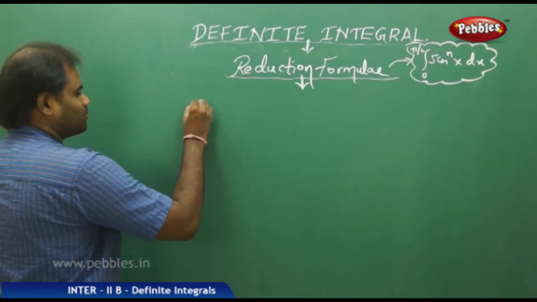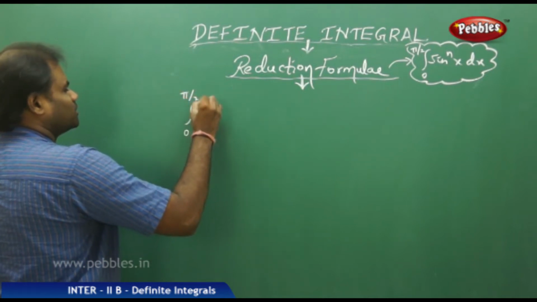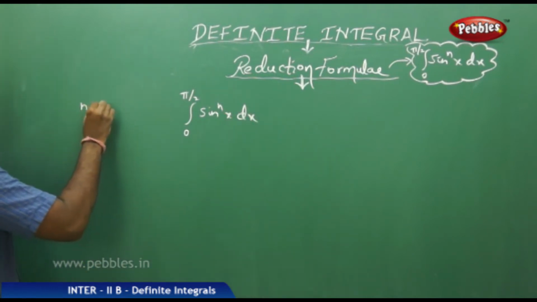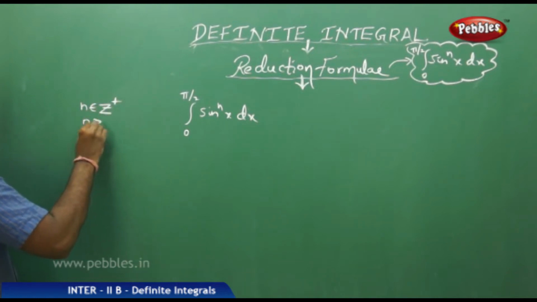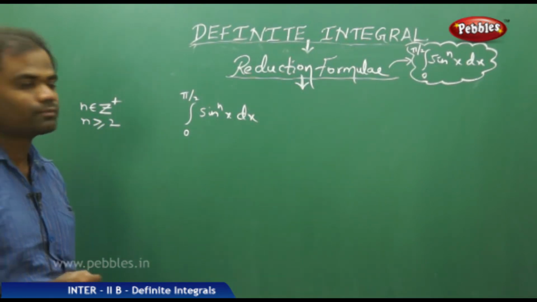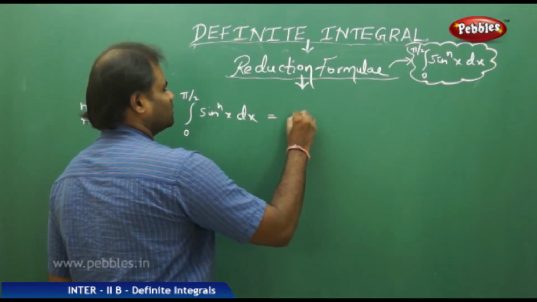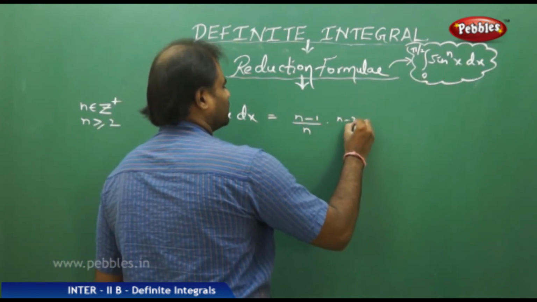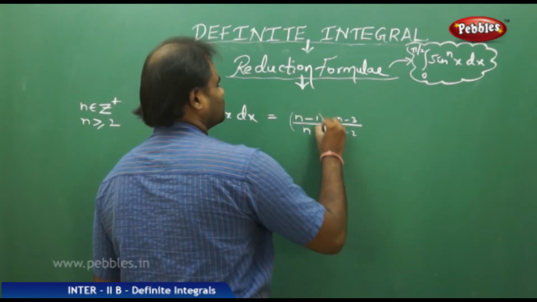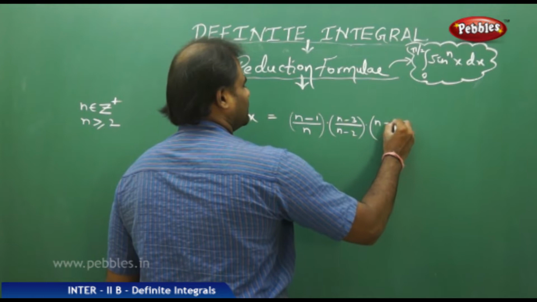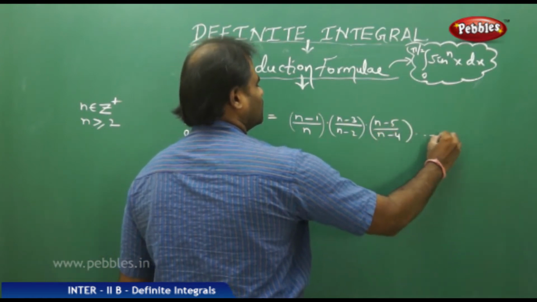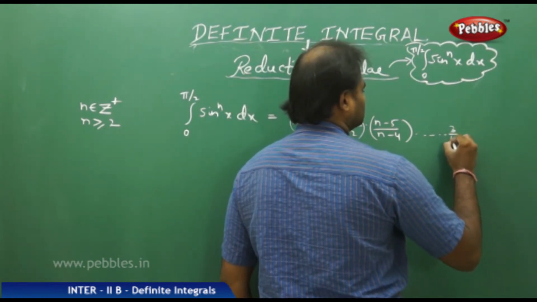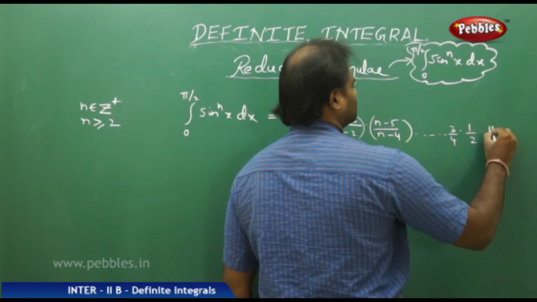If I wanted to find the integral of 0 to pi by 2 of sine power nx dx, where n belongs to positive integers and n is greater than or equal to 2, then we have this equal to n minus 1 by n, n minus 3 by n minus 2, n minus 5 by n minus 4, and so on, till 3 by 4, 1 by 2 times pi by 2